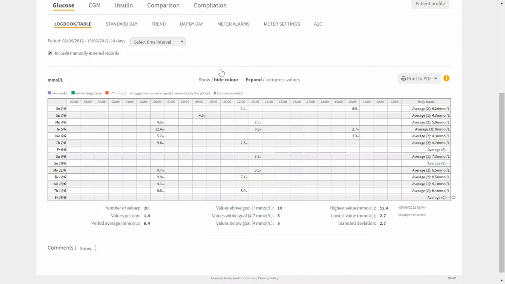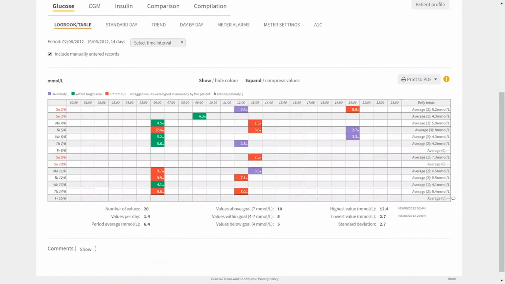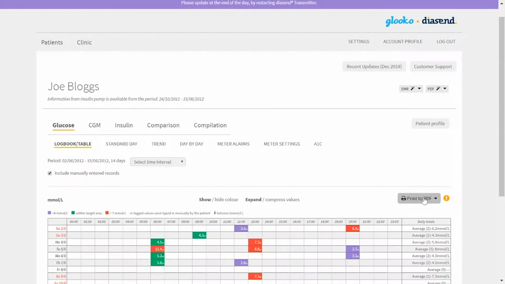Now my screen is loaded. You can see it's much plainer and can ensure that a conversation stays on track rather than getting hung up on the colour coding that you see within the chart. Alternatively, below you see the statistical information as with many of the other charts. You have the ability to print these to a PDF if you wanted to save the logbook,